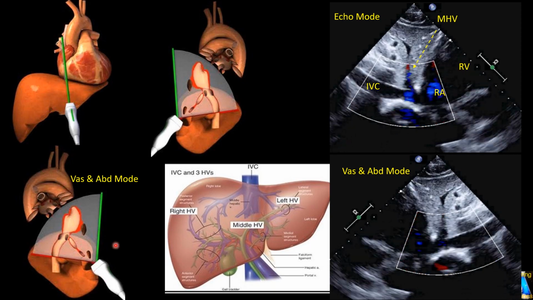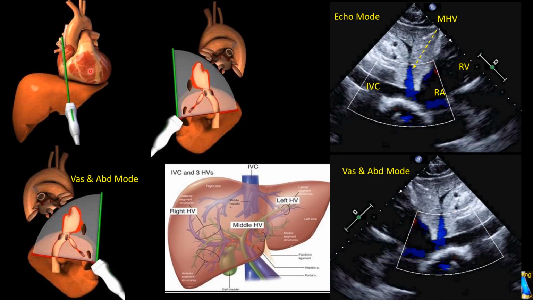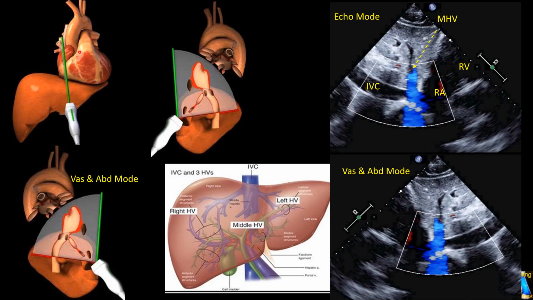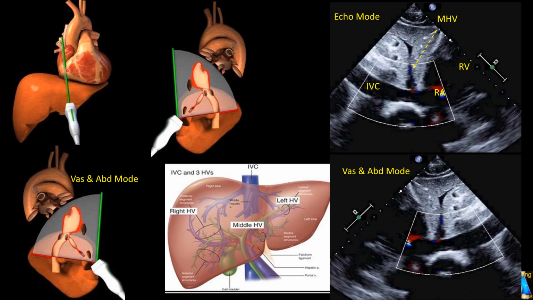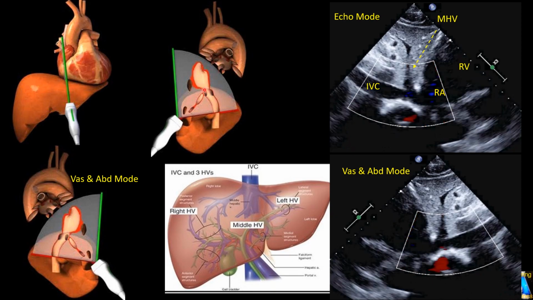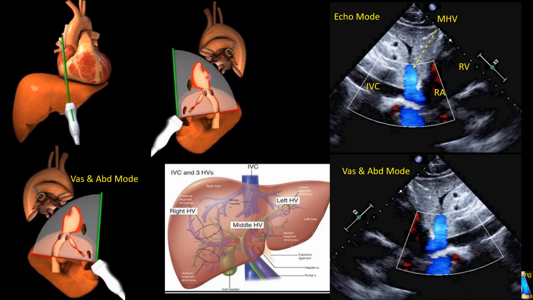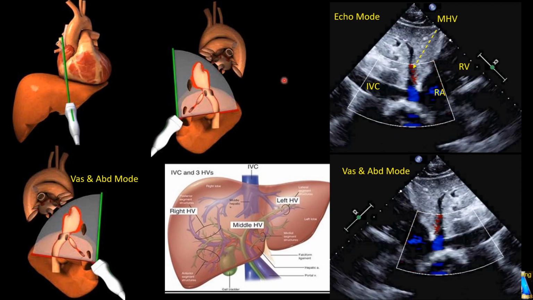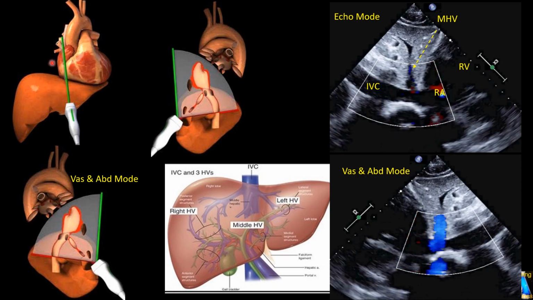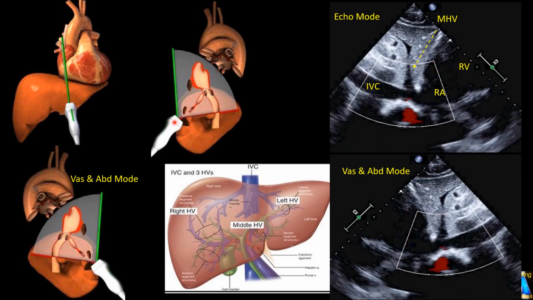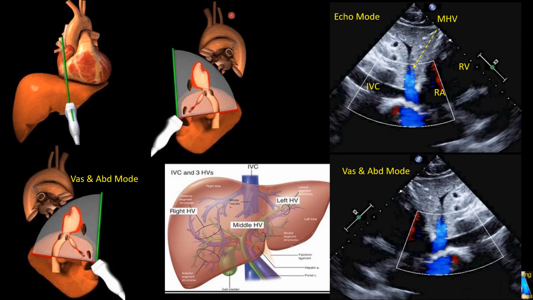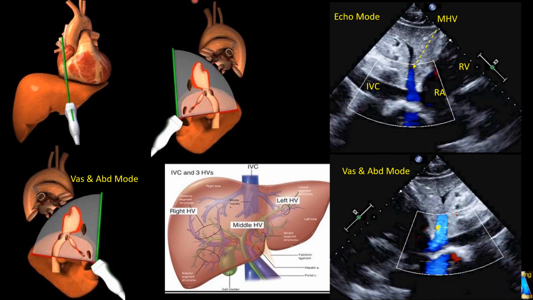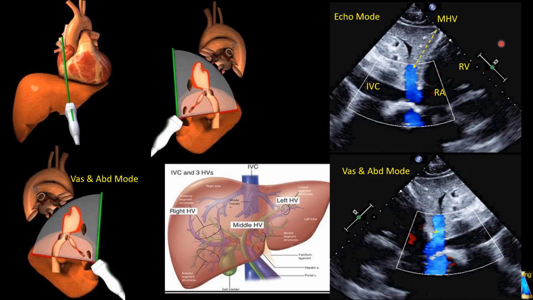In the echo mode that we use in echo, the sound beam or sector passes through this line, and the machine creates a cross section of that area, and it looks like we are watching from the left side of the patient to the right side of the cross-section surface. Finally, the machine flips it up, twists our sector clockwise, and flips it posterior. Finally, it gives us this